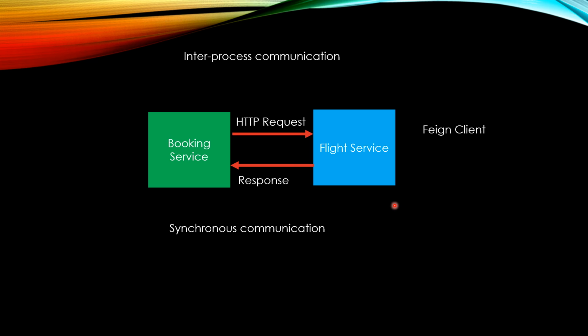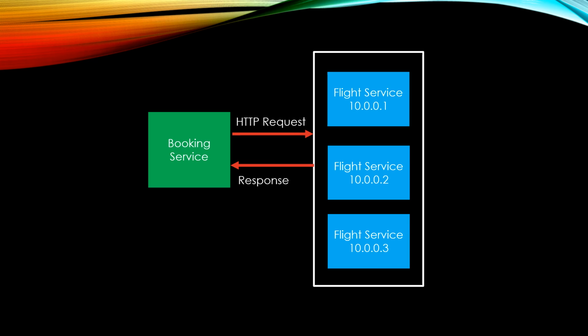In a cloud environment, we cannot rely on dedicated IP addresses. Everything becomes dynamic, including IP addresses and port numbers. Flight services will be available at these IP addresses, right? In addition to that, we can have multiple instances of a given microservice. Like in this diagram, you can see we have multiple instances of flight service, and each instance can have